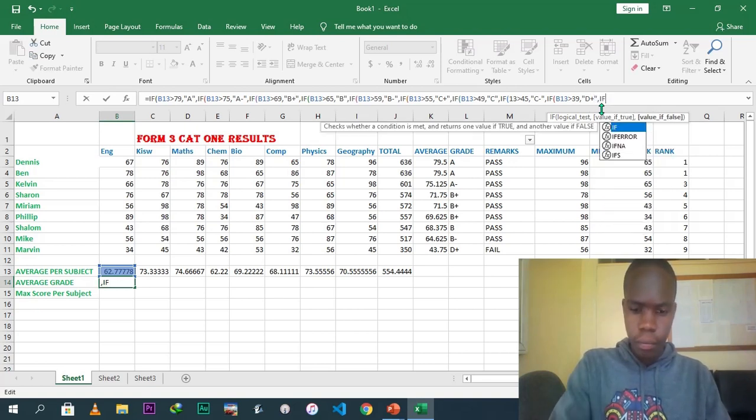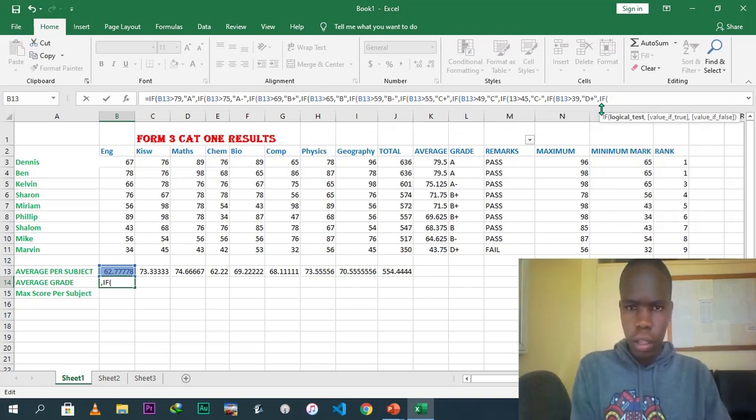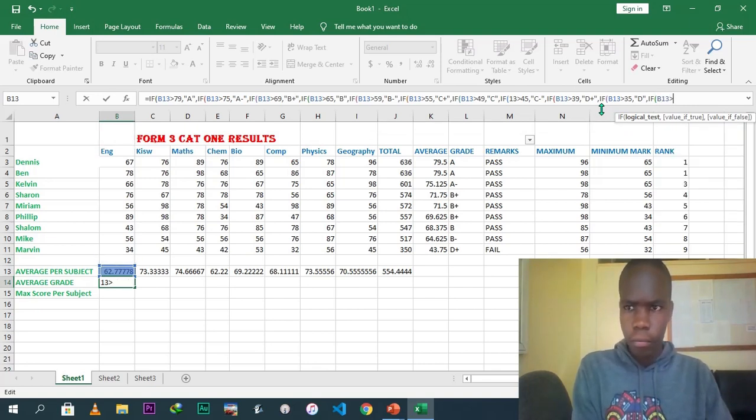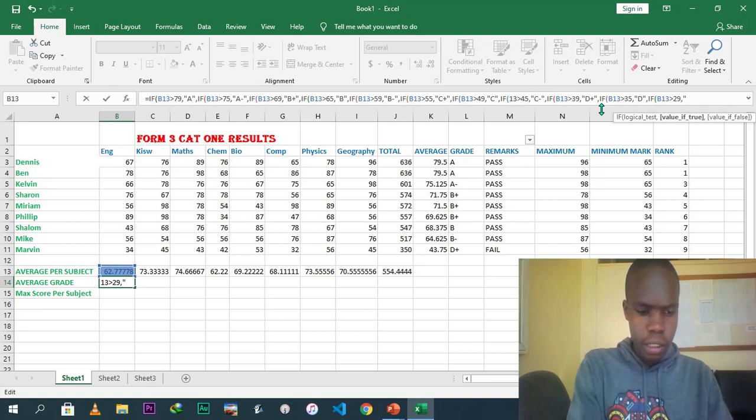else if B13 is greater than 35, then the grade should be D plain, else if B13 is greater than 29, then the grade should be D minus,